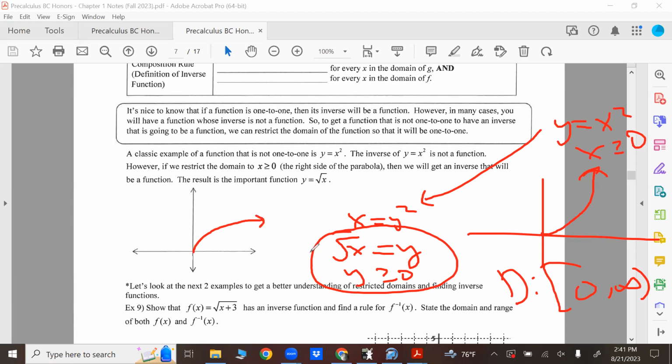That's what you get. And if you were to graph, again, this one right here. So that's y equals x squared when x is greater than or equal to 0. That's y equals root x when y is greater than or equal to 0. And then if I drew this right here,